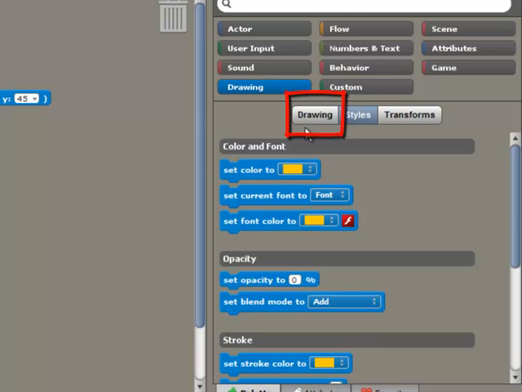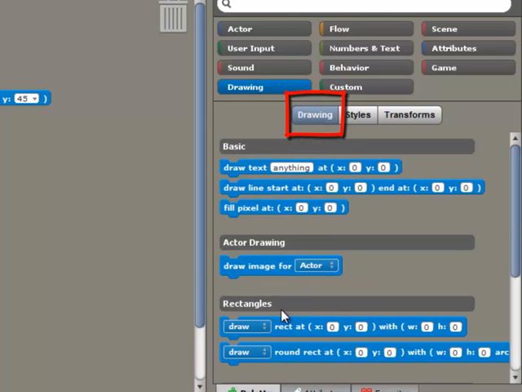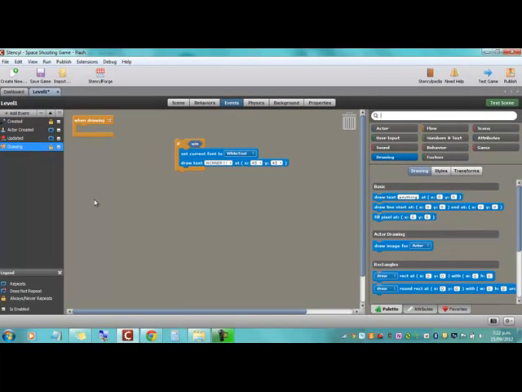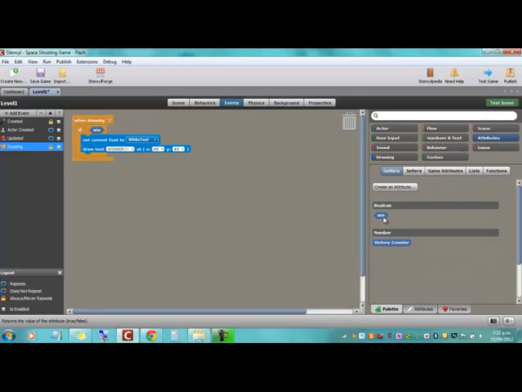And then drawing here for the final command, and then what you want to say in that text. Draw text, anything, and I've just typed win it into there, and I've set an X and a Y coordinate here. You can play around with those, and they're also visible in the bottom of your scene. You can see them there. Don't forget to put that inside the when drawing. Set it to win, so basically if win is true, and you can find that in your attributes there. Don't forget to save,